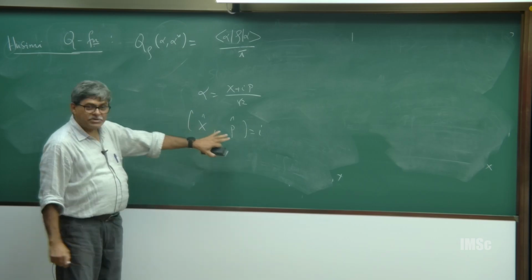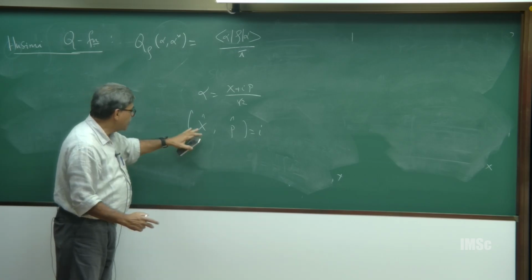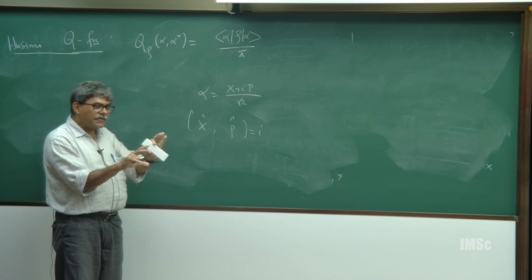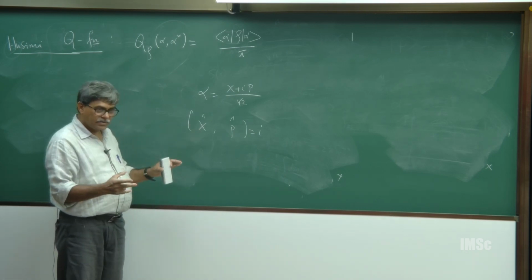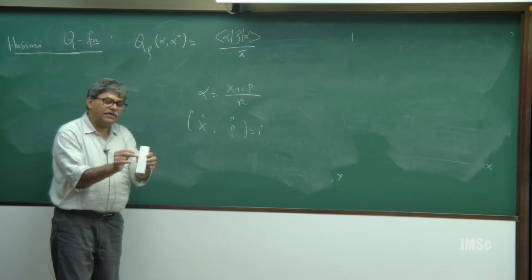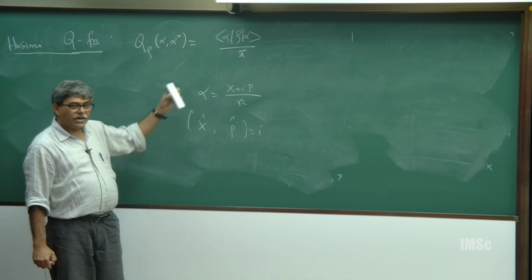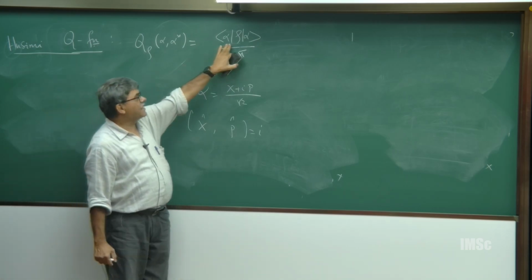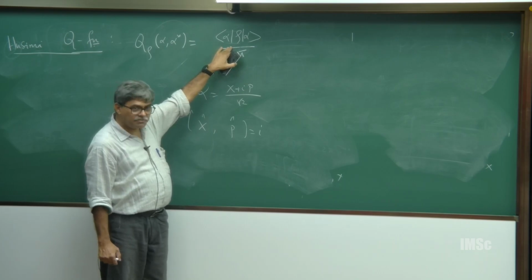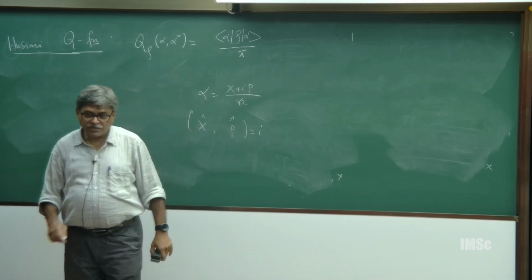If I perform the quadrature measurement, these are non-commuting observables, so I cannot have joint sharp measured values of x and p. But if I can manage to have some amount of unsharpness there, so I blur their values, I am not calling it x, I am calling it x in some region, and similarly p in some region, then I can also say that this value corresponds to the joint probability of having unsharp x and p values. Is that okay?